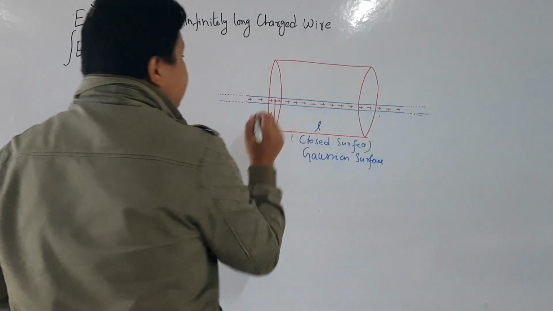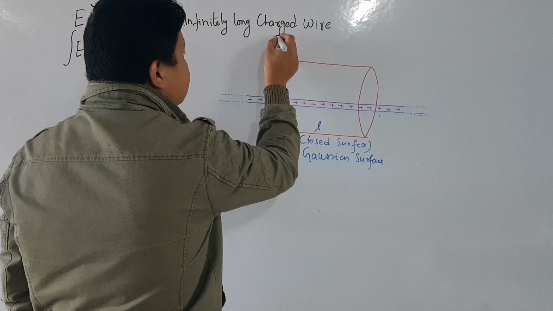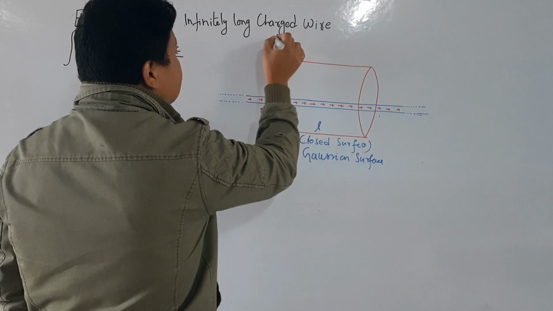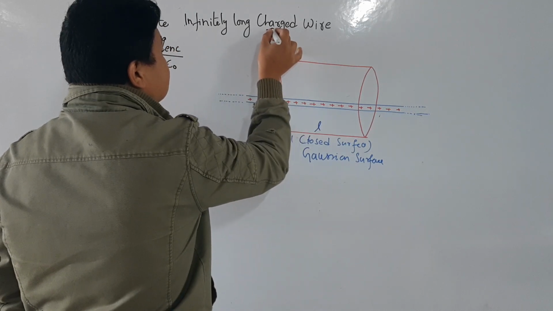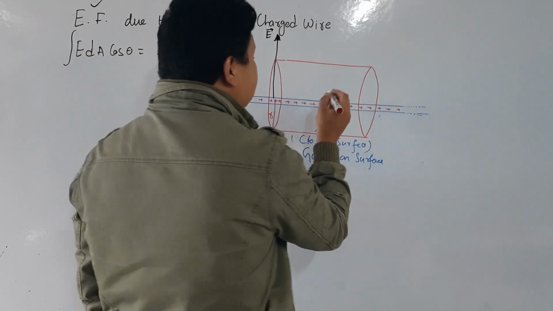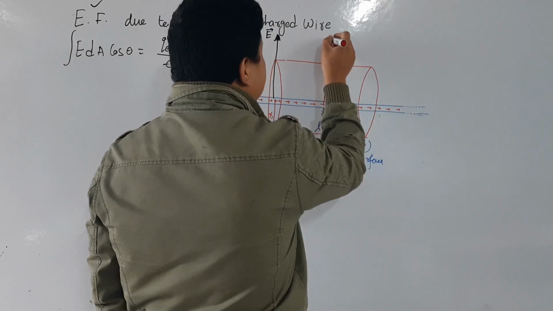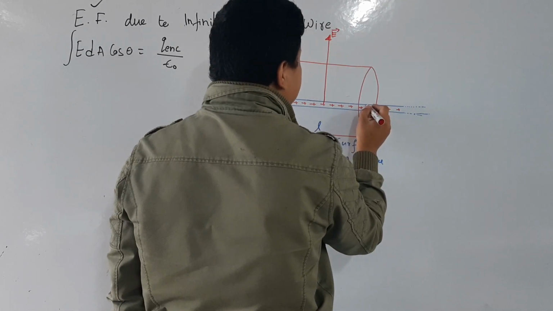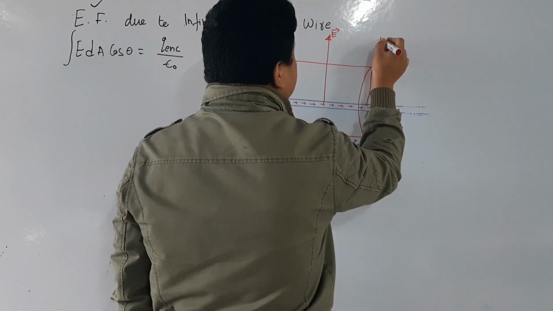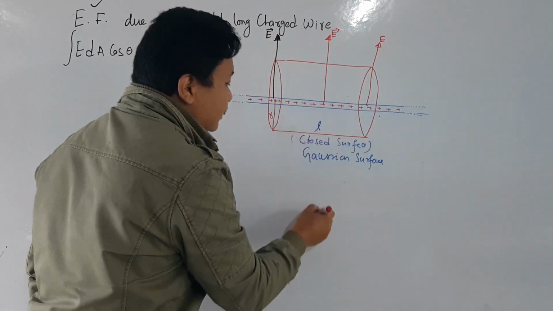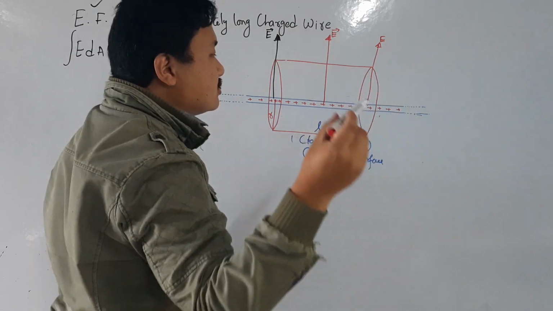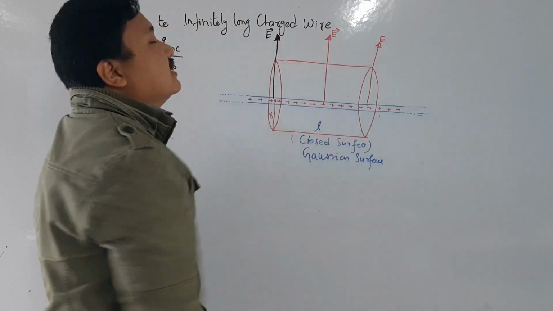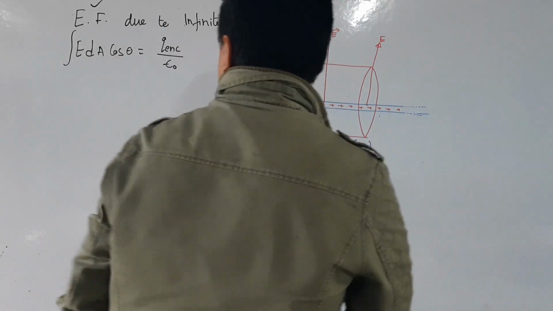Now if you see here, from this wire the electric field is going in this direction, isn't it? Like this. This is my electric field. From here also the electric field is going in this direction. It is also going downward and also going inside from this charged wire, but I am considering only 1, 2, and 3.